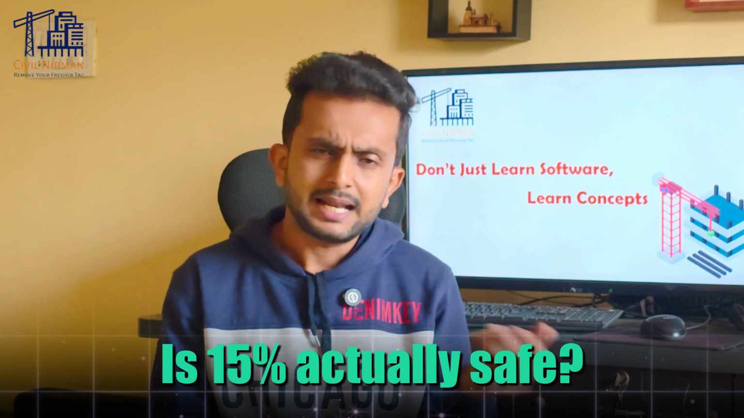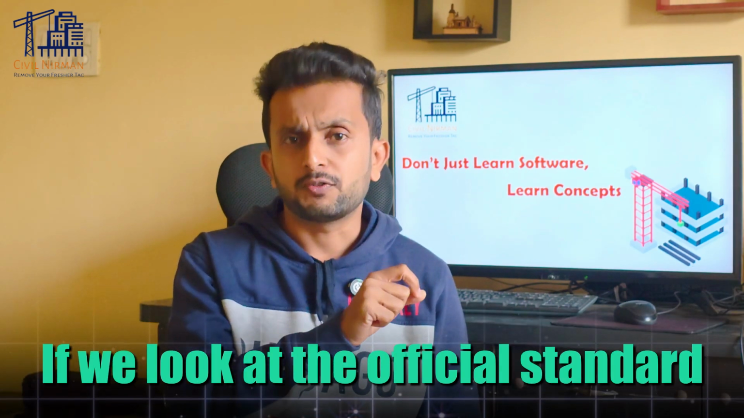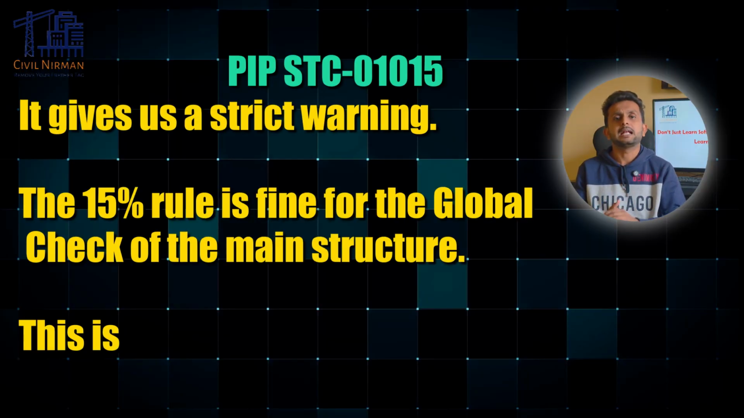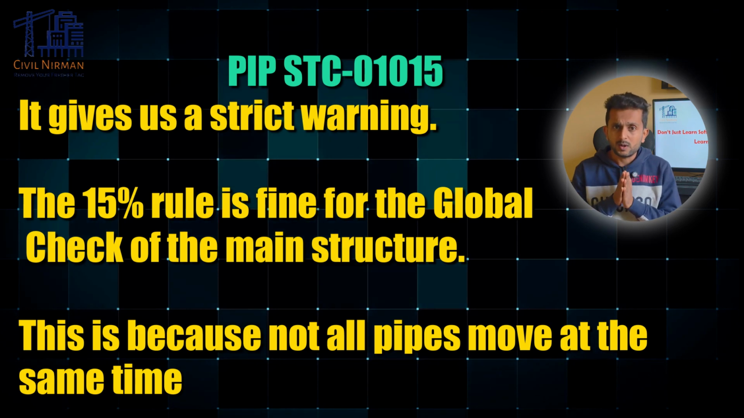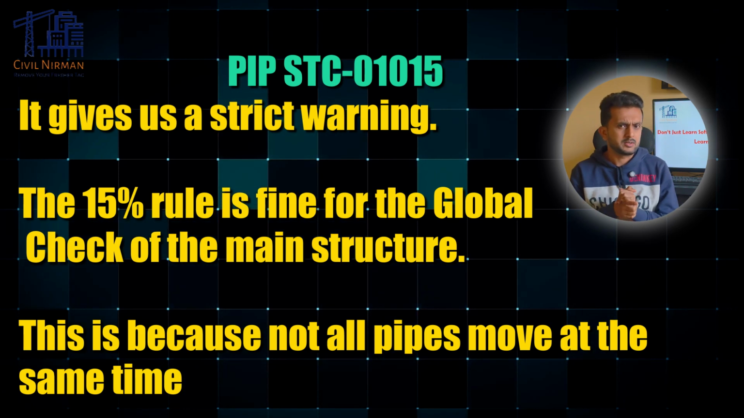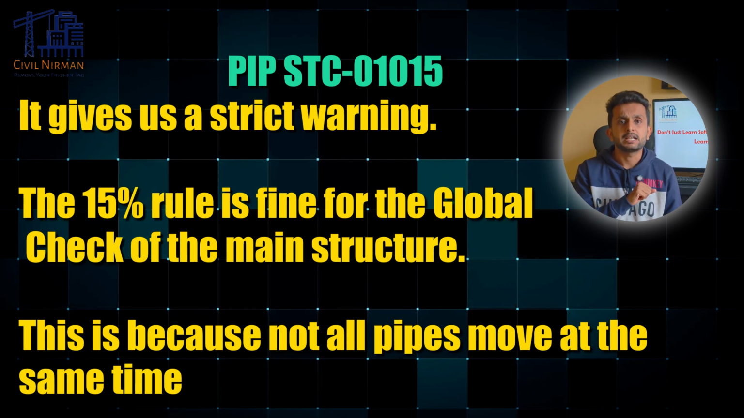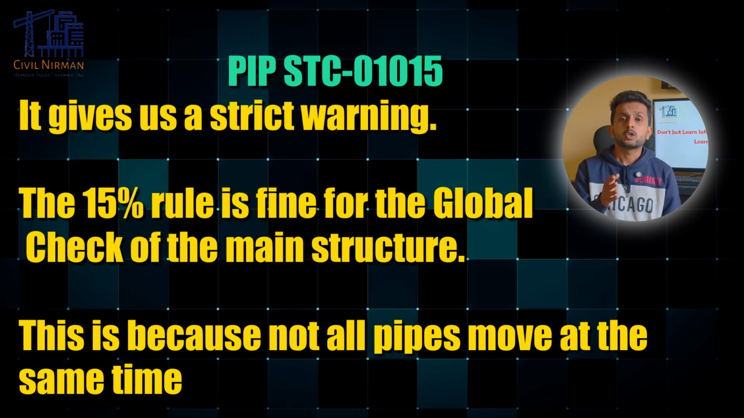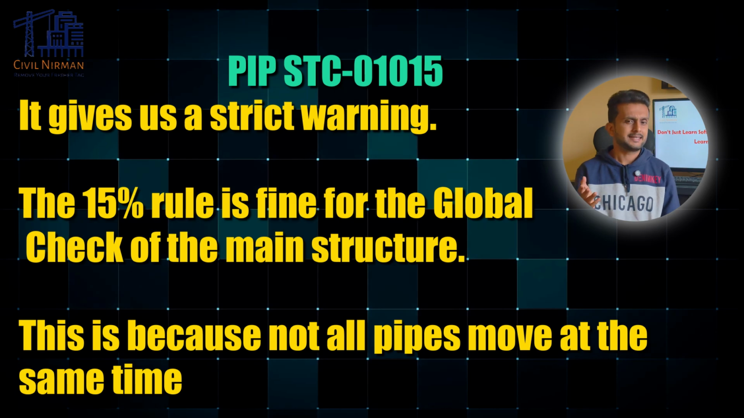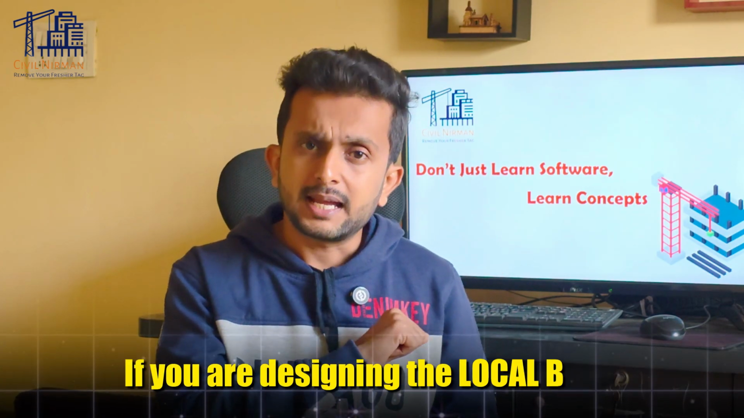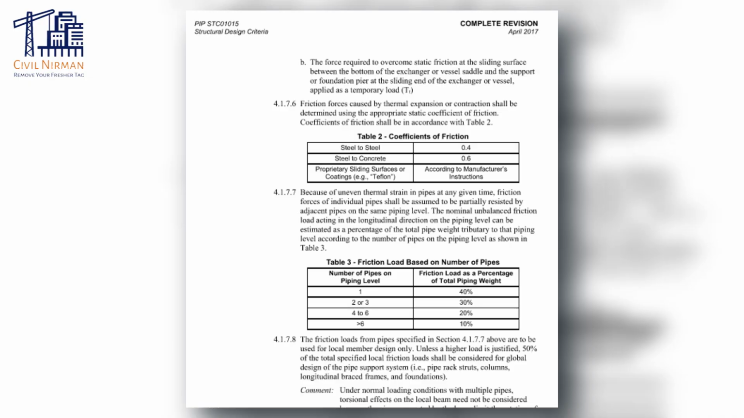See, is 50% actually safe? If we look at the official standard, which is the PIP guideline STC 01015, it gives us a strict warning. See, the 50% rule is fine for the global checks of the main structure. This is because not all pipes move at the same time. However, if you are designing the local beam, you have a steel pipe resting directly onto a steel beam, the code says that the friction coefficient is actually 0.4 and that is 40%,